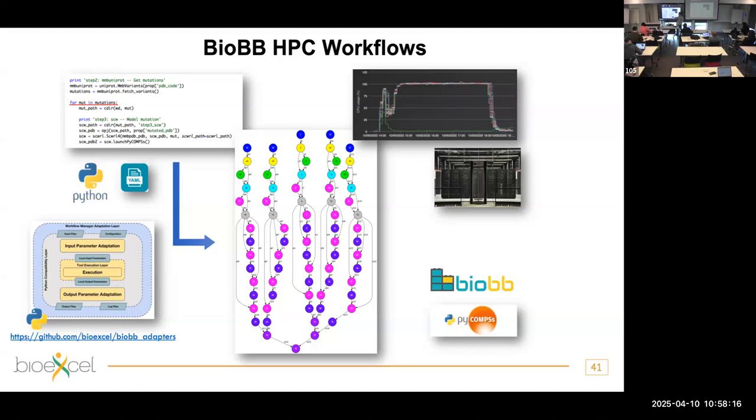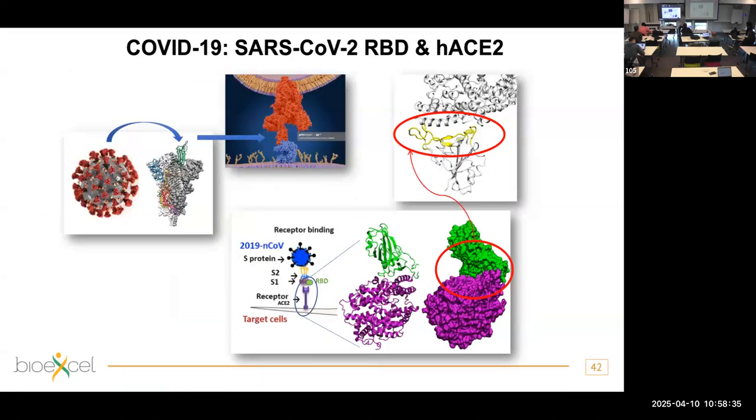So PyCOMPSs is doing that for us, and it's running all of these in parallel in as many nodes as we have allocated in the supercomputer. And for that, I'm going to give you an example of how we are using that in real scientific projects, very quick. I'm sure you all know